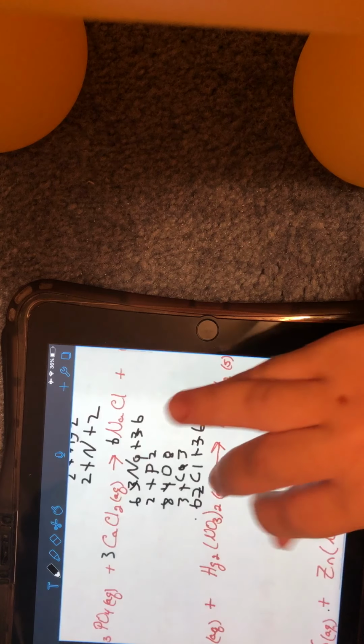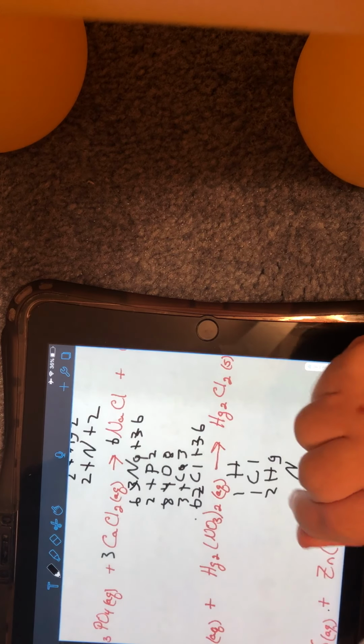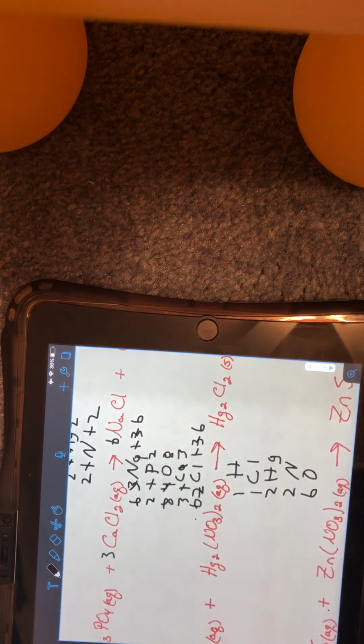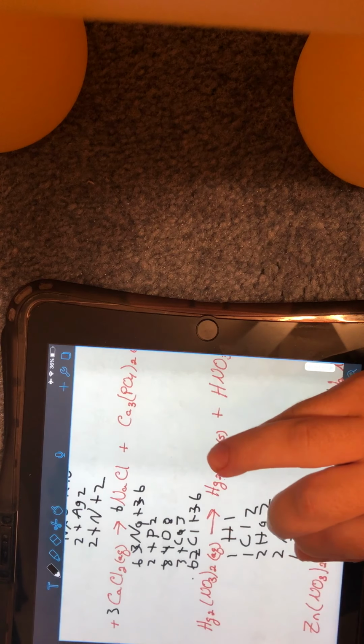Alright, so we have 1 H, 1 Cl, 2 Hg's, 2 N's, because we have that subscript, and we have the 6 here in the O. So now on the product side, we have 2 Hg's, 2 Cl's, 1 H, and we have 1 N and 3